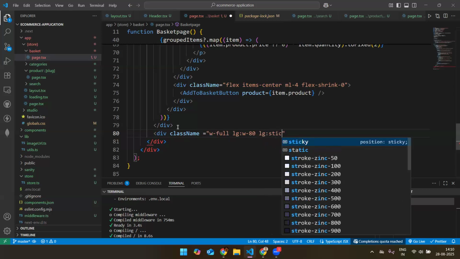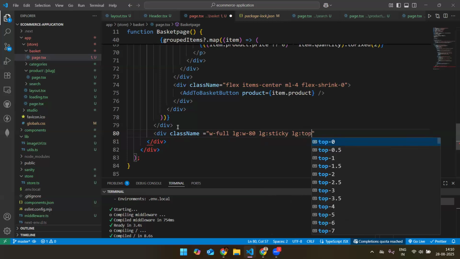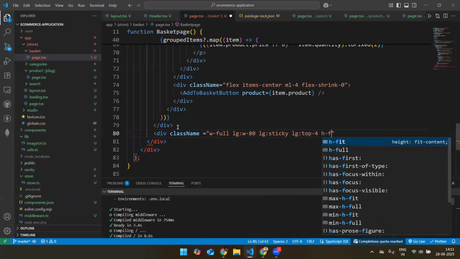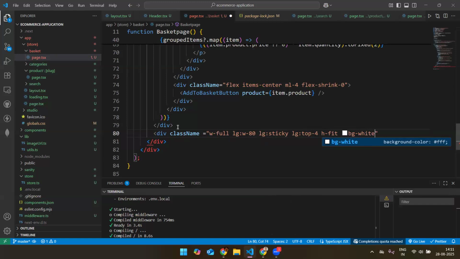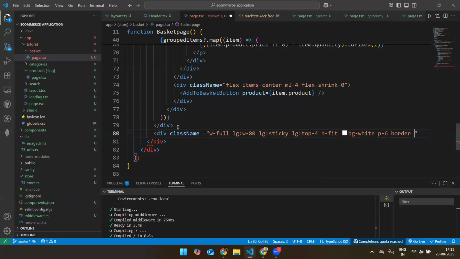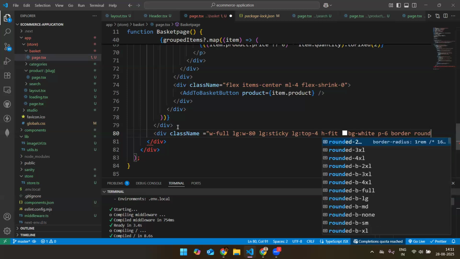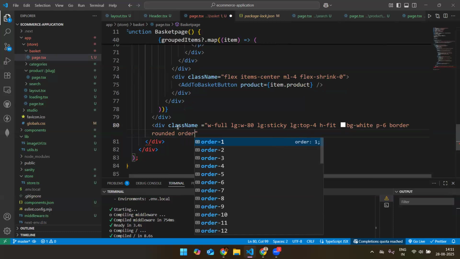So I'm going to stick it to the bottom, so I'm just mentioning it as sticky, and LG top, I'm going to put it as 4 from the top, and then the height should be fit, and the background color should be white, and then padding 6, and border, and then the border should be rounded, and border should be first,